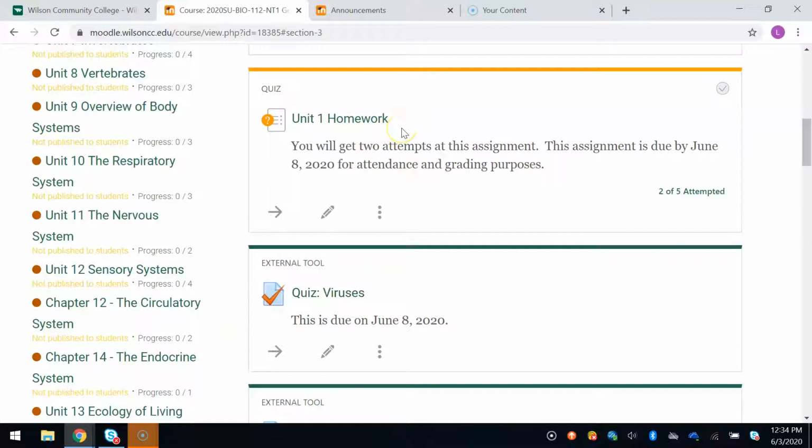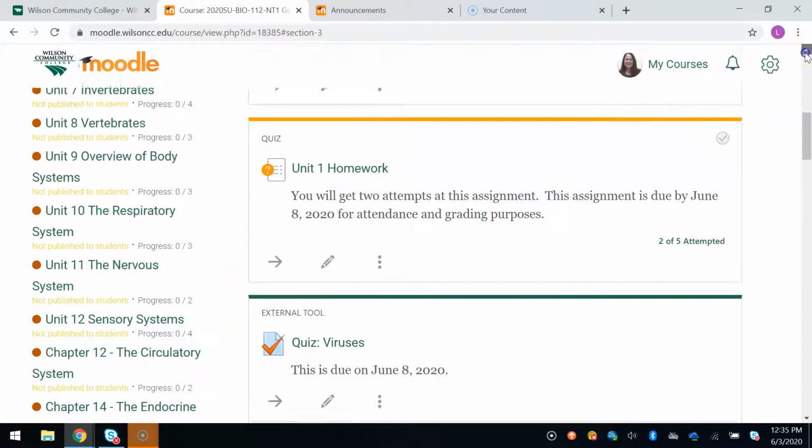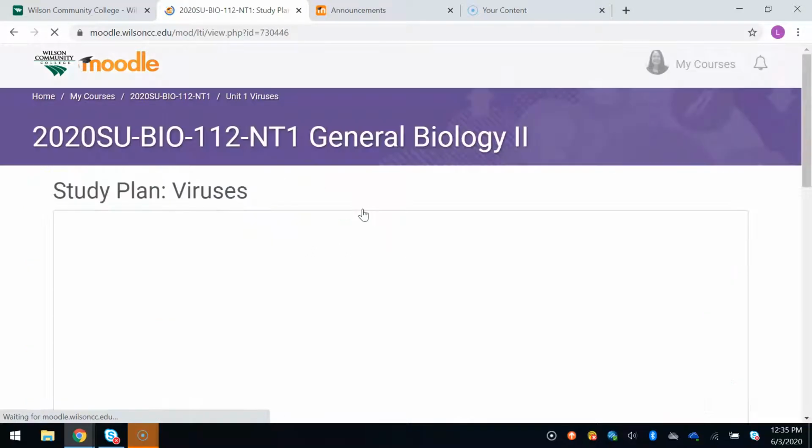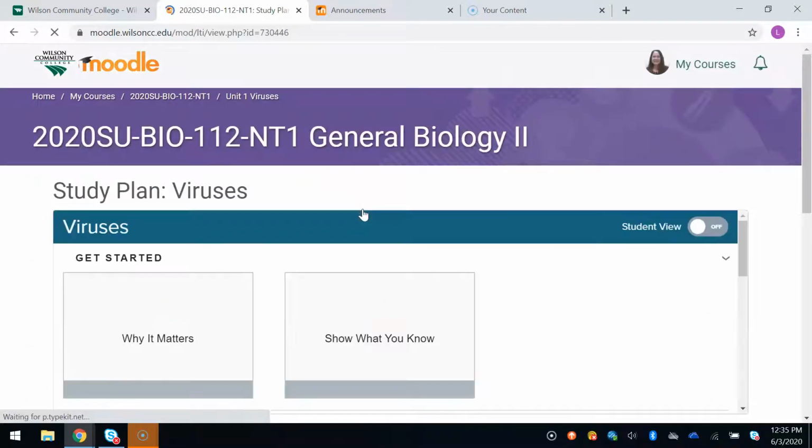So far, to prepare for your exams, you're going to go back and look at the feedback that I give you on the labs that you send in. Make sure that you study the homeworks and the quizzes from each unit. And then the next thing is the headache. This is the part that, honestly, I tell students to do, but it's not graded and it's very time consuming. So I'm realistic. I know everybody's not going to do it. So I'm going to try and tell you